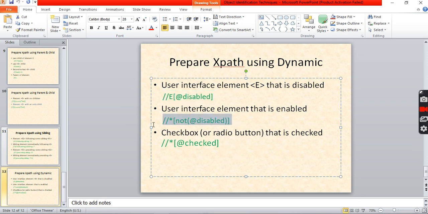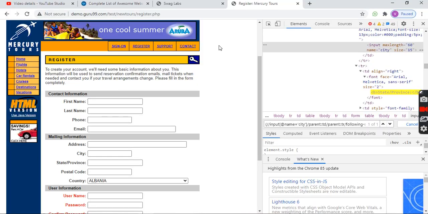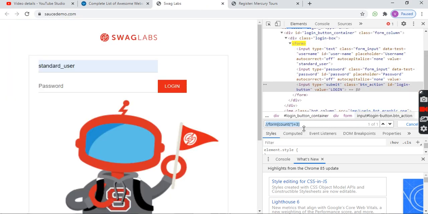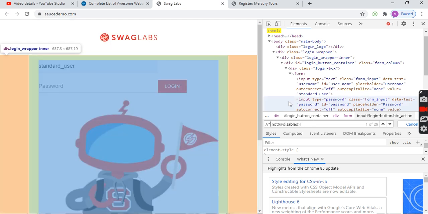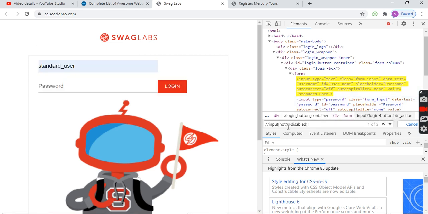Okay, and what about this one? Not disabled. A user interface element that is enabled. Here, just go here. What is that? Input not disabled. Not disabled means you are able to enter anything, right?